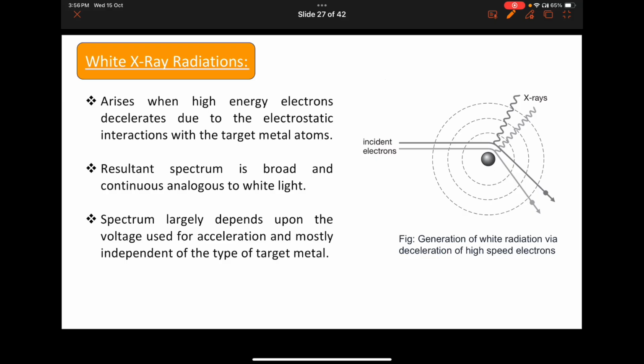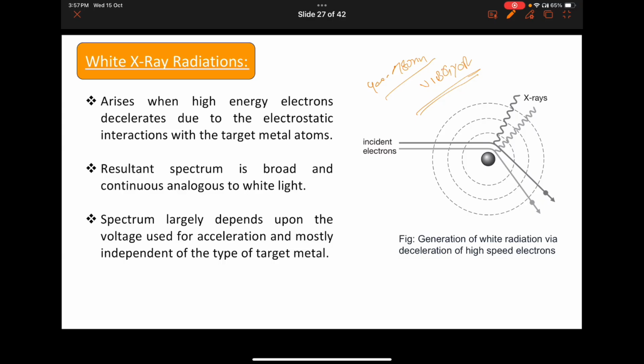So white X-rays: just as we have white light, which is composed of various radiations of different wavelengths. As we all know, white light has 400 to 780 nanometers of wavelength from VIBGYOR. We all know that, right? That our white light is composed of these seven colored radiations. Similar to this, the white radiation that we get in X-rays is also composed of different wavelengths of X-rays, and it arises when highly accelerated, high speed electrons interact with the striking atom.